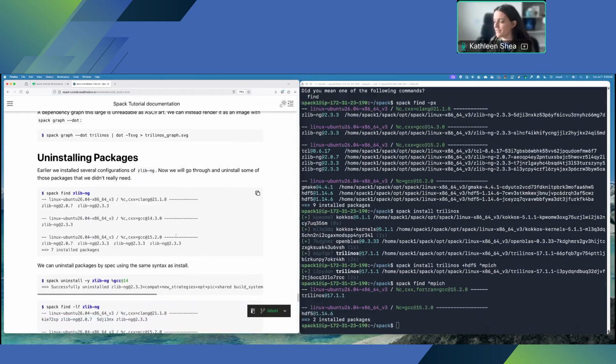Okay, now that we've installed our packages and found them, let's go over how we would uninstall some of these packages. So earlier we installed several configurations of zlib-ng, so let's go through and uninstall some of those. If we run spack find zlib-ng,